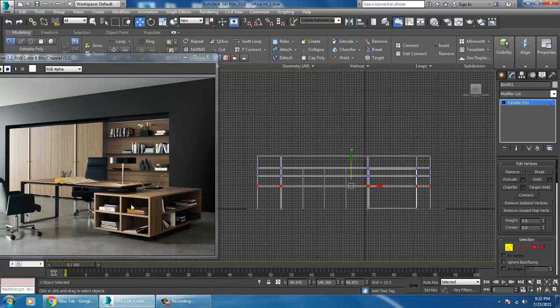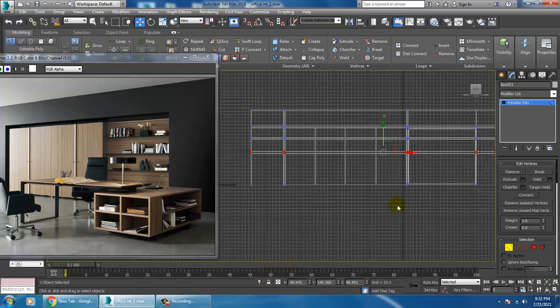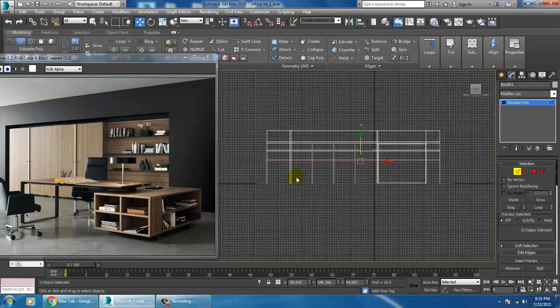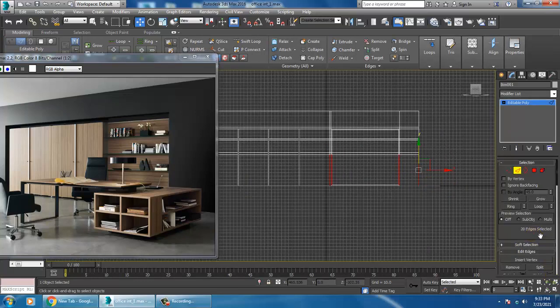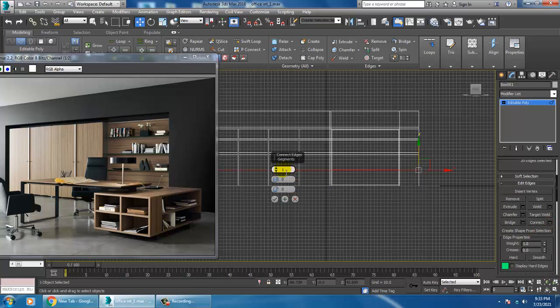After that, we'll be managing it again. Or you can give two connects, that would be all the same, and let's click OK.